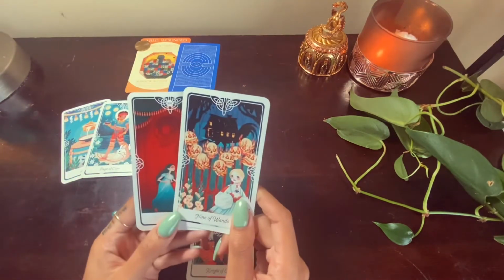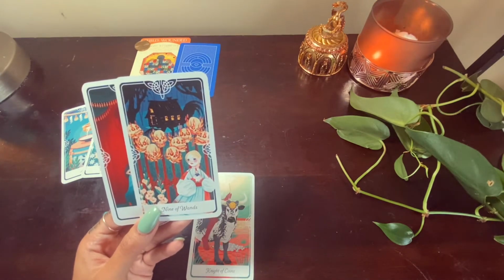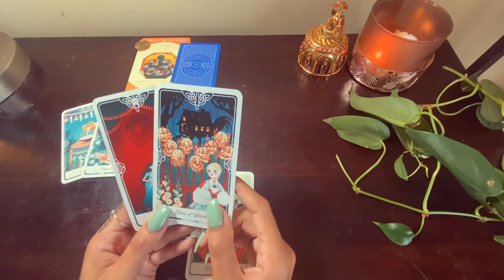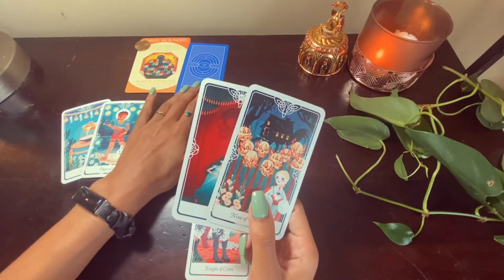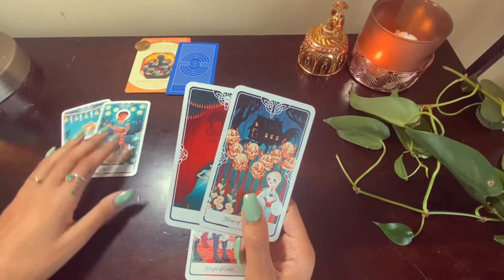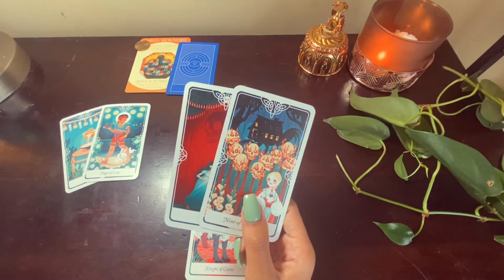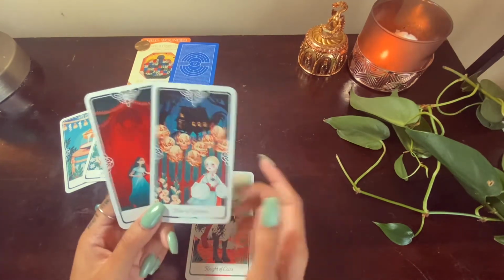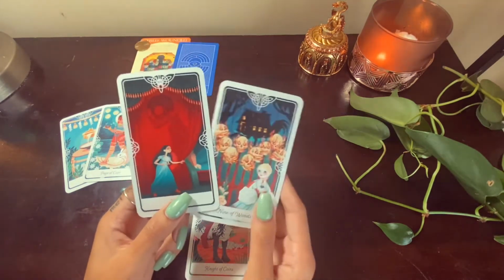We have the Nine of Wands, and this can be like putting up walls and barriers and boundaries. I feel like in the past you may have put up a lot of walls because, again, you were unable to trust others in some way because of the hurts of the past, which is completely understandable. That is a completely normal reaction for a child to have to something like that. I mean, got to keep yourself safe, obviously, but I do see that there was like an ending to that,